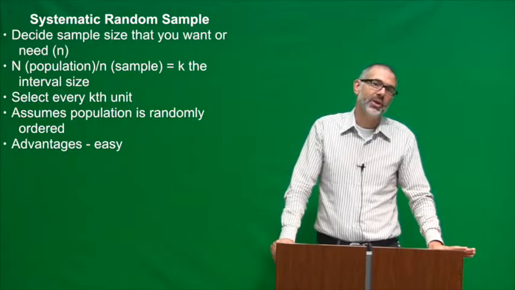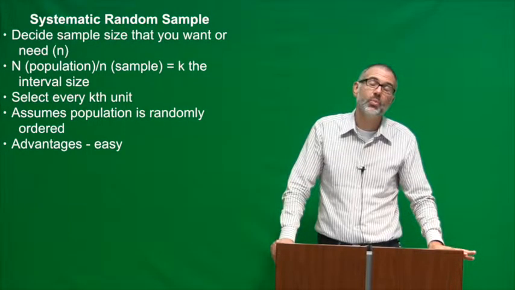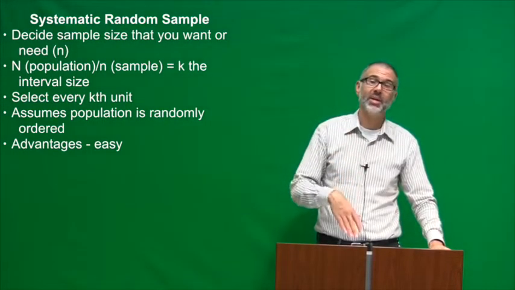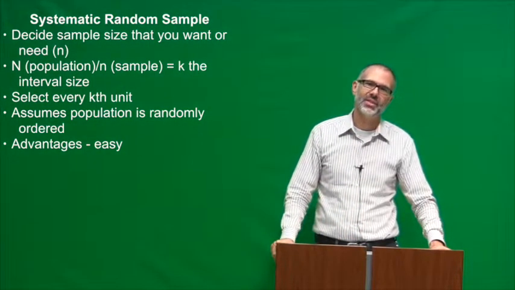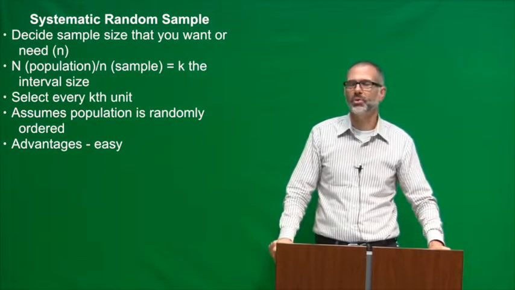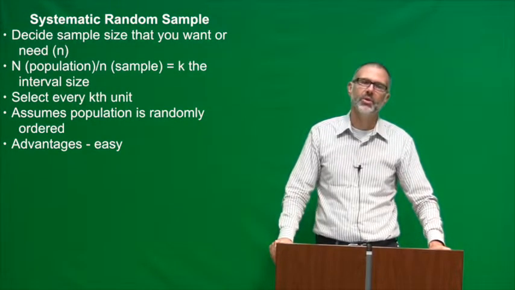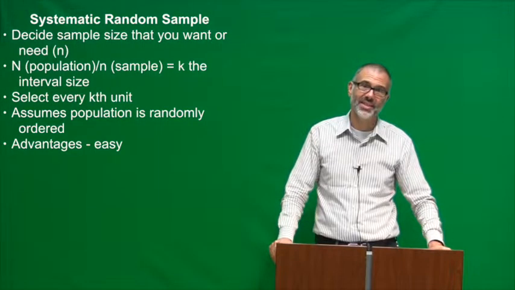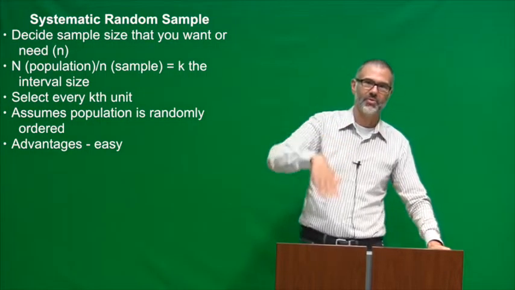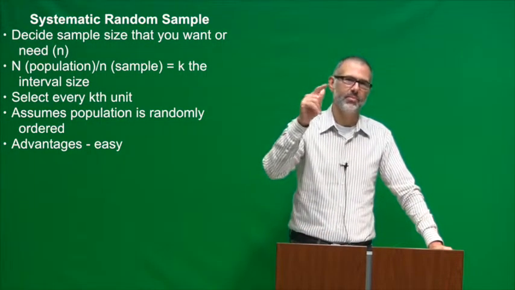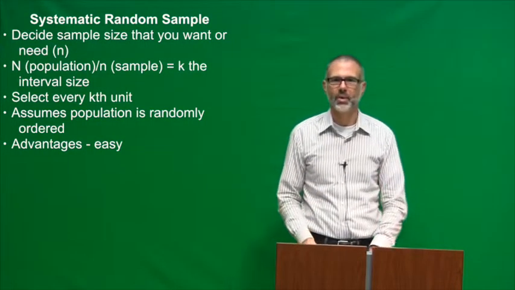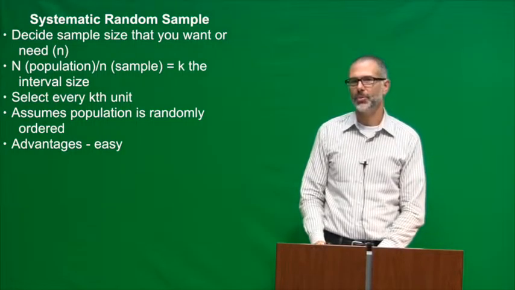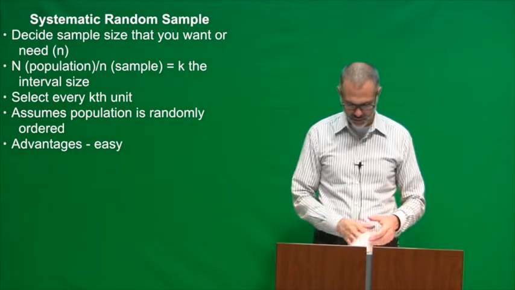Systematic random sampling is a variant of the simple random sample in that we've got a list of people, maybe an alphabetical list at your clinic, and you just take every 10th person on that list. Or you have a list by birth month or something like that. So the key is that if you have a list that's randomly sorted and not systematic, like severity from high to low, you can just take every kth person and select those. And that's a systematic random sampling approach, and it's very similar to a simple random sample.